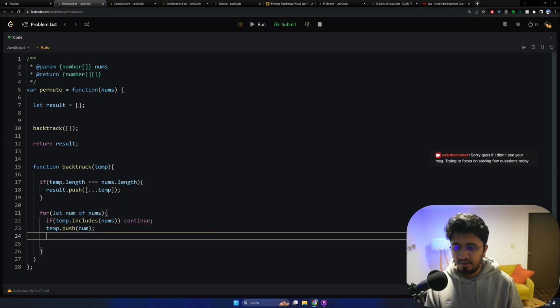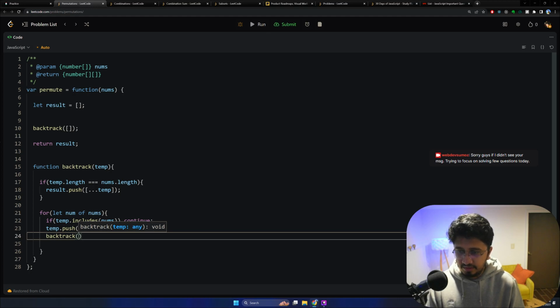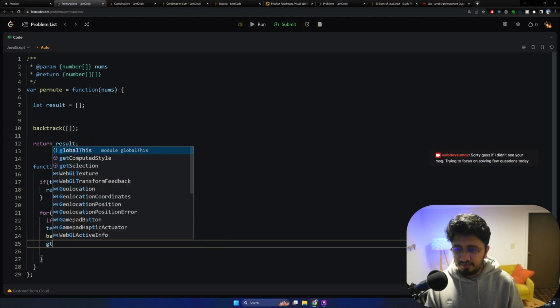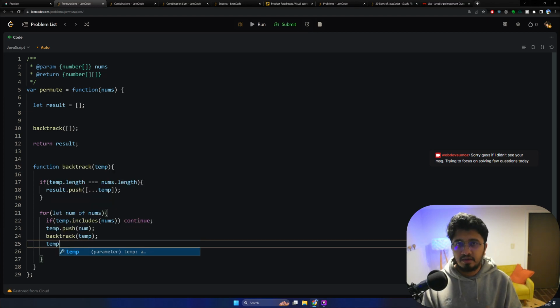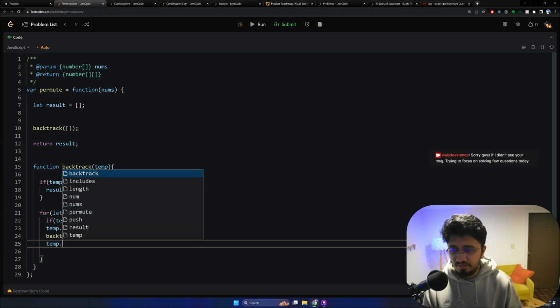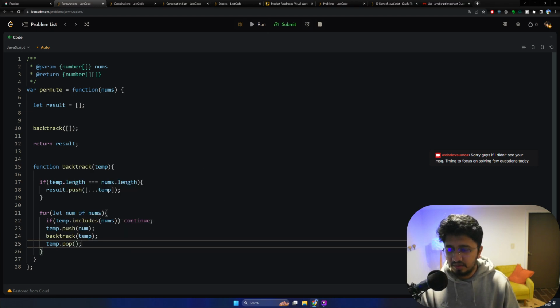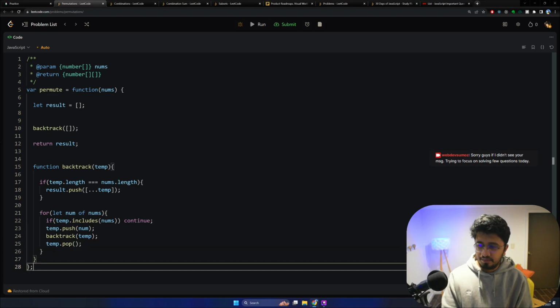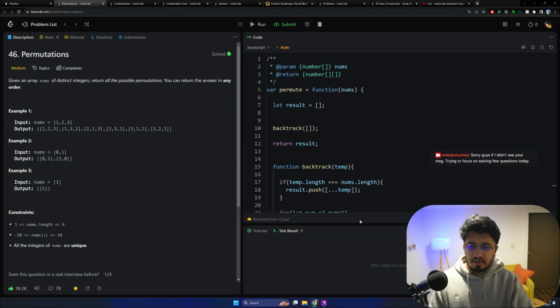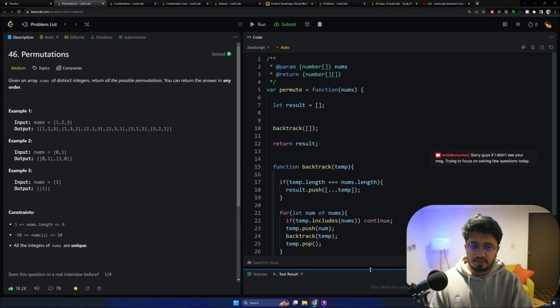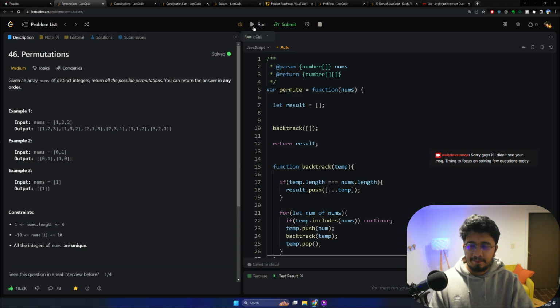We'll push the num, and then we'll call backtrack on it, so that we can see all the paths from there, and whatever we can gather. We'll pass the temp, and finally before going to the next loop, we want to give the same state to the next guy as well. So that's why we pop it here. Yep, so that is what it is, and I guess I am not doing anything foolish. So if I run this,